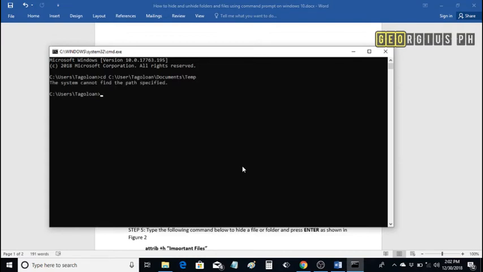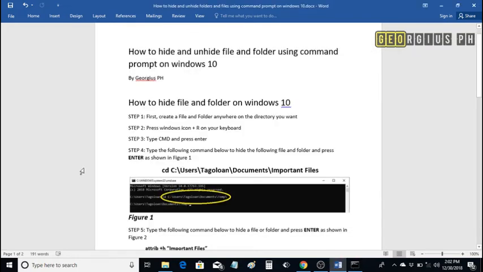Oops. We try another. CD users. Okay, we are already inside our temp folder. Now we proceed